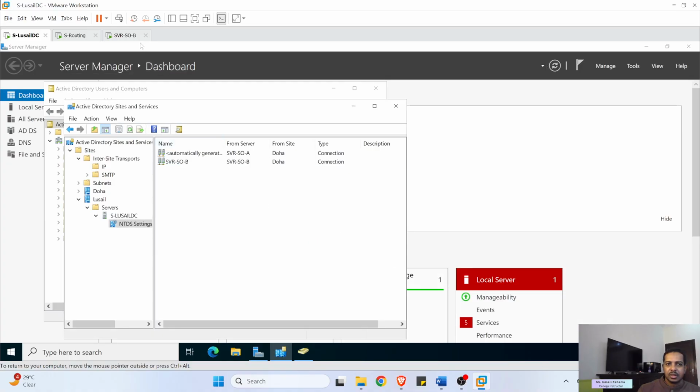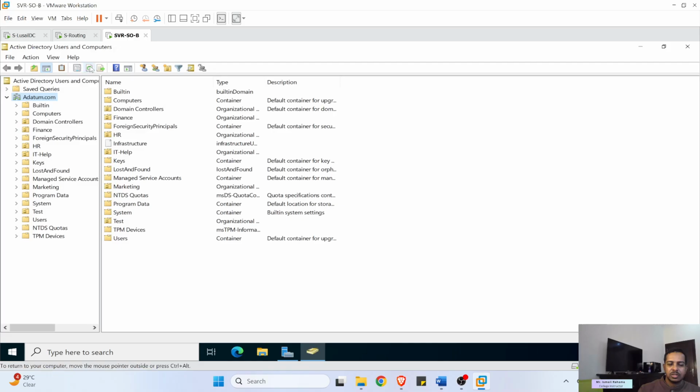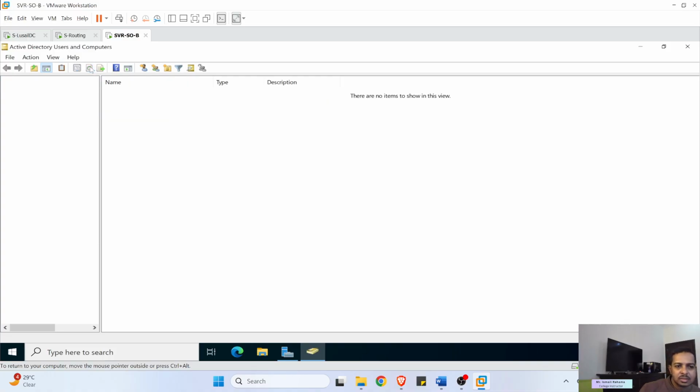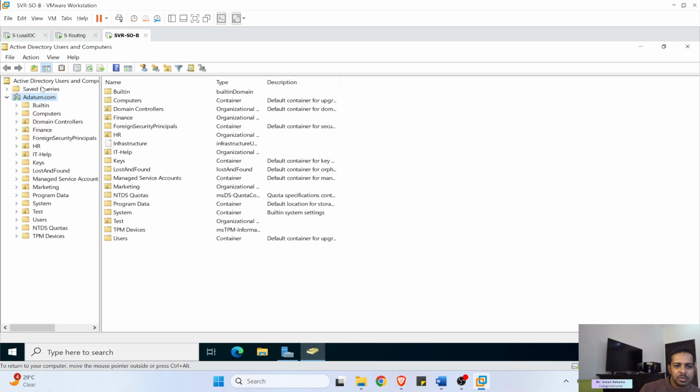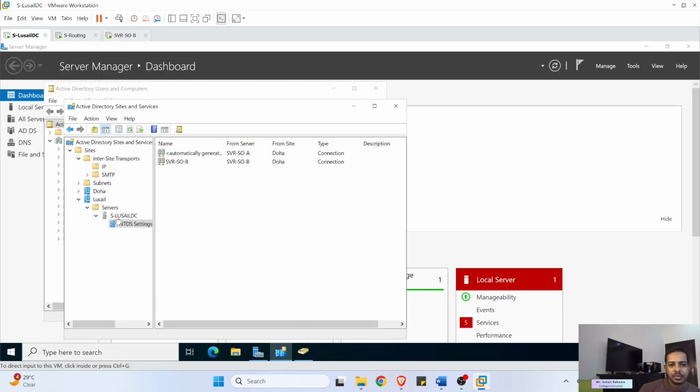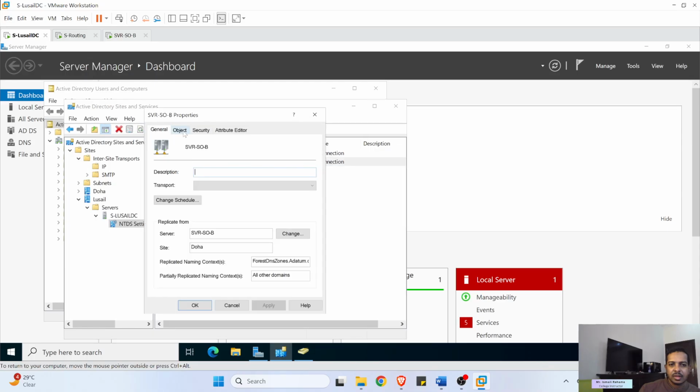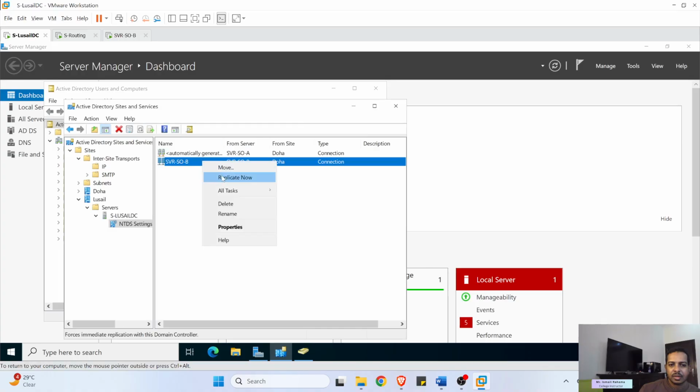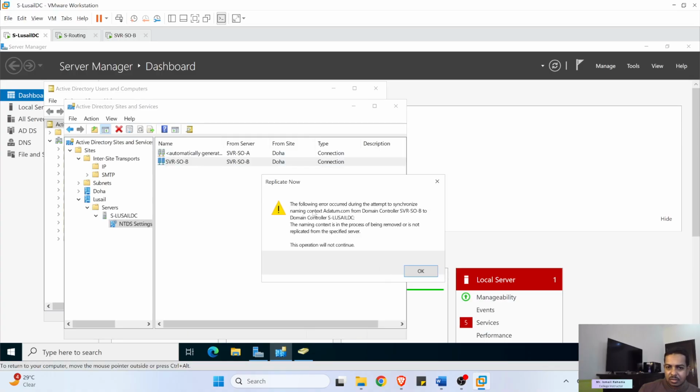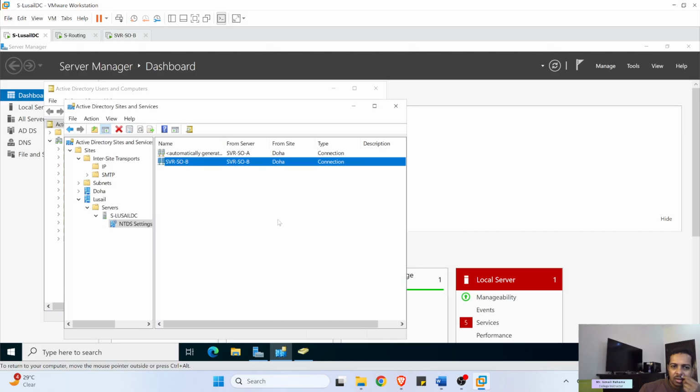It will take a while. So in server B, I'm going to refresh, and no, no. So we go here. This is automatically generated, and just go here and replicate now. The following error occurs: the directory cannot recognize the naming context from server B, as the naming context is in the process of being removed or not. Okay, let's add a new connection,